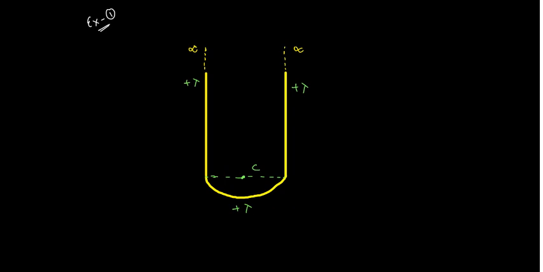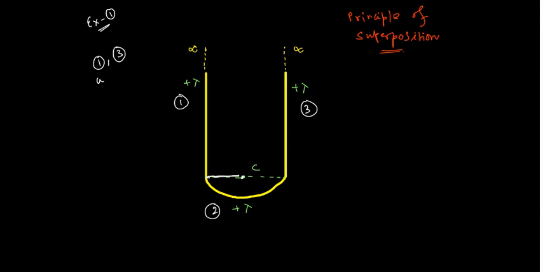When we see such questions, the first thing we need to know is that the application will be of the principle of superposition. So how will we apply it? We will consider the left rod to be element 1, this is element 3, and this is element 2. Point C is the center of the semicircle, right here. So the position of point C for elements 1 and 3 will be that for a semi-infinite wire. If you remember the cases, elements 1 and 3 will behave as